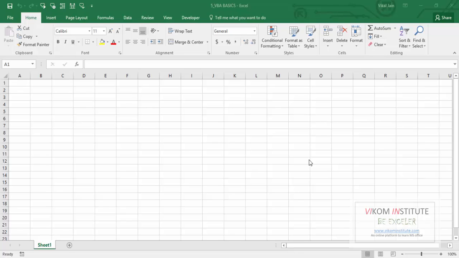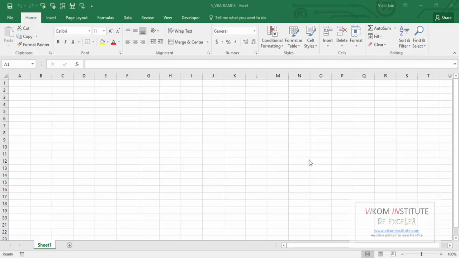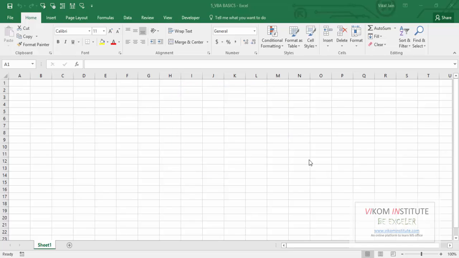After finishing chapter 1, let's move on to chapter 2. In chapter 1, we have covered some macro recording and enabling the developer tab. Now we will focus on some theory part, that is VBA basics. What is VBA exactly, and what does it do? How can it help you to operate Excel, and